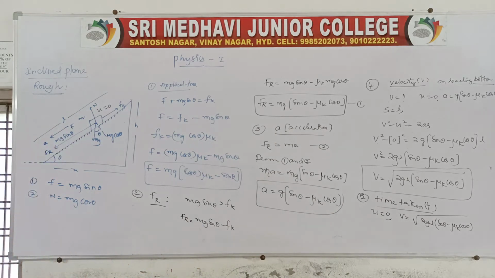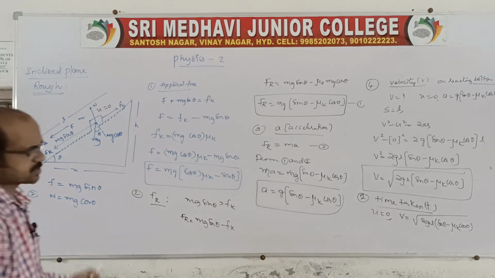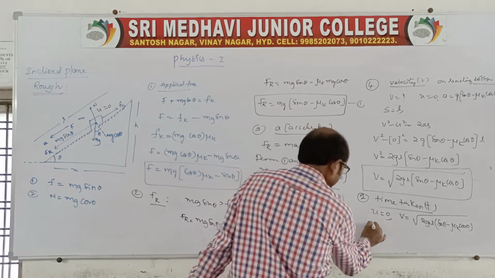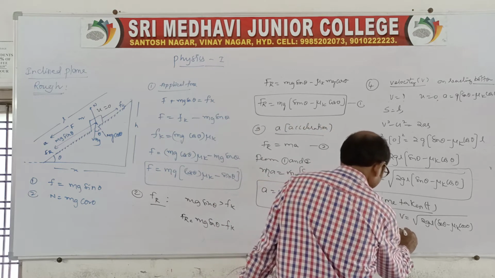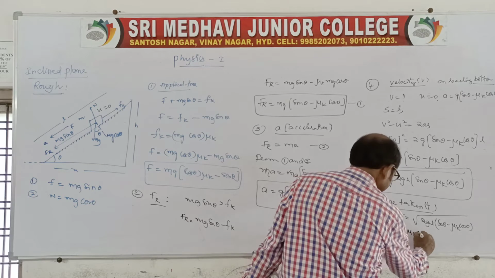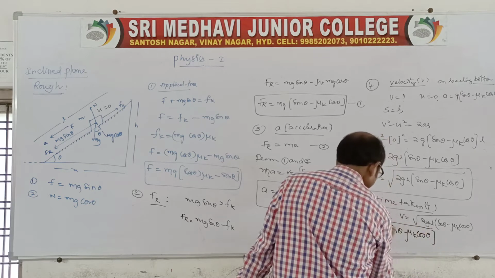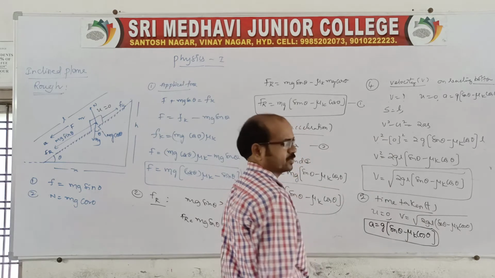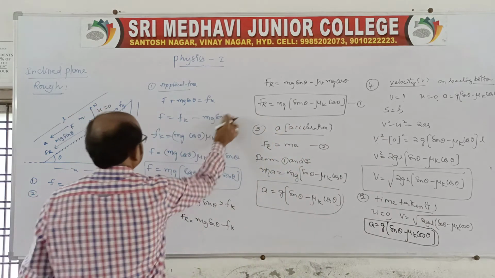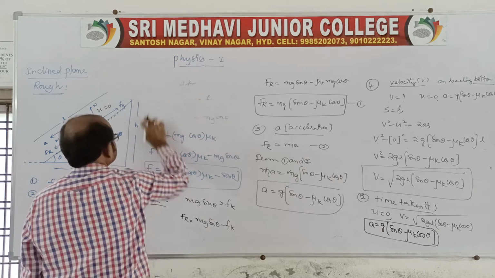See, which we can say like this. Therefore in this case we will get the time taken to be like this. Now coming to the point, v we know, as well as acceleration, so you take a is equal to g of sin theta minus mu k cos theta. This is a we know, v we know, as well as s also we know. Now he is asking time taken. So you go for the next derivation like this.